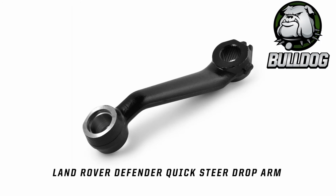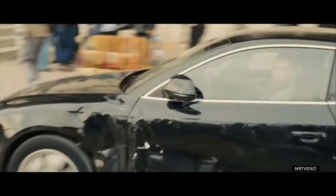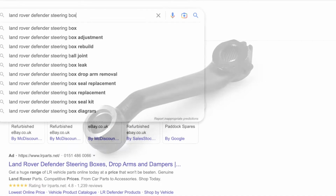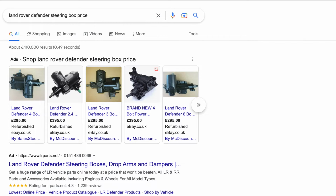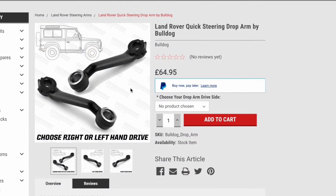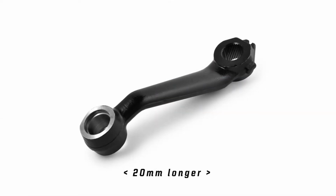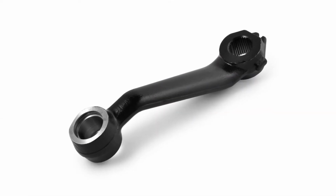The extended drop arm gives you a smaller turning circle and more response from input on the steering wheel. You only need one for the side that the steering rack is on. This is a much cheaper solution than an expensive steering box replacement. It's identical to the genuine Land Rover item, but 20mm longer, giving a reduction in turns lock to lock for